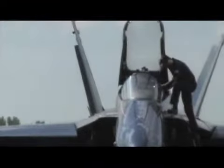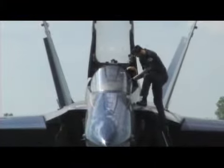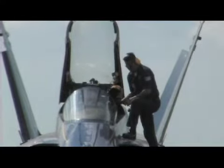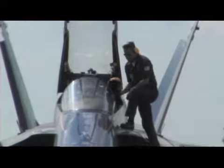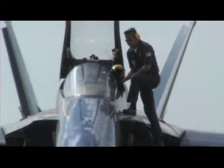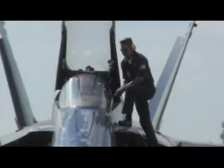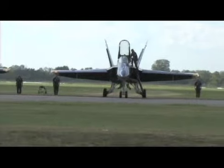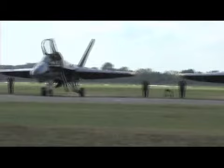As the crew chief assists the pilots into their jets, you are witnessing a teamwork of all the Navy and Marine Corps units. The Blue Angels also take a great deal of pride in personifying the Navy and Marine Corps values of honor, courage, and commitment. Military Aviation Demonstration Team. Since 1946, the Blue Angels have brought naval aviation to men and women of all ages